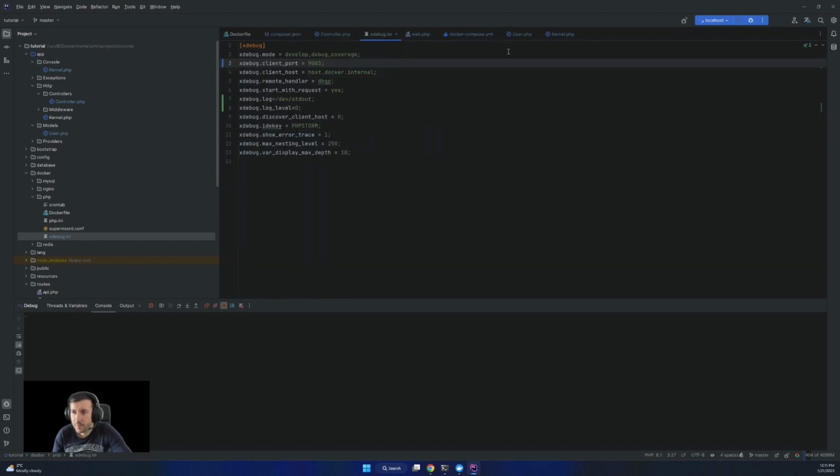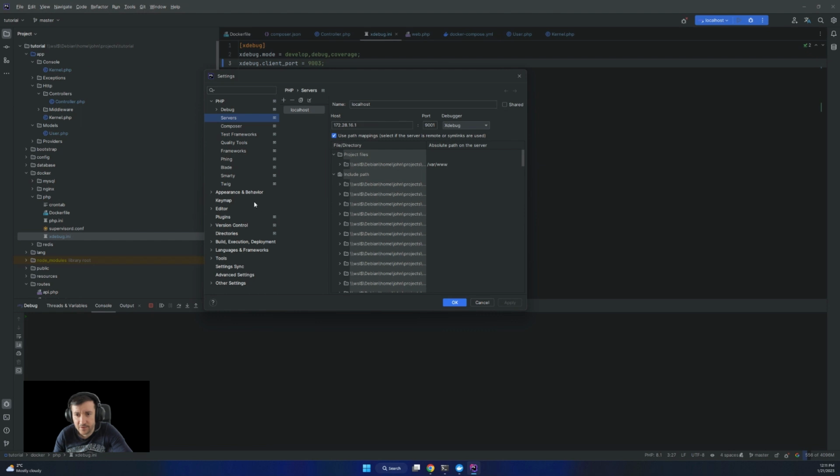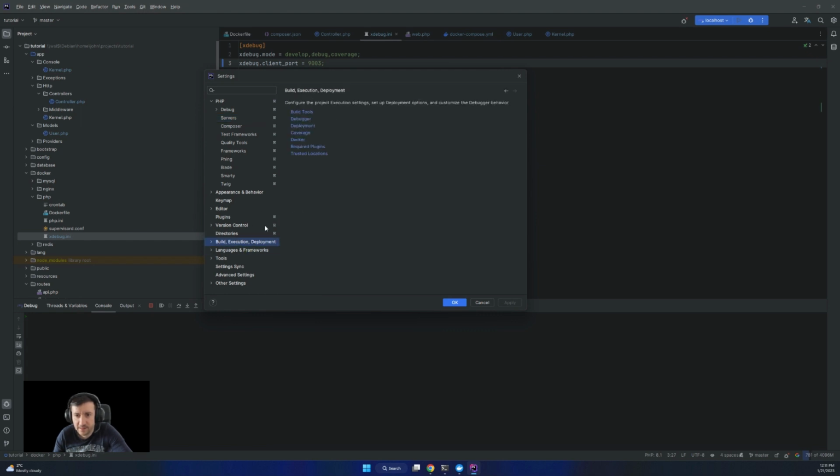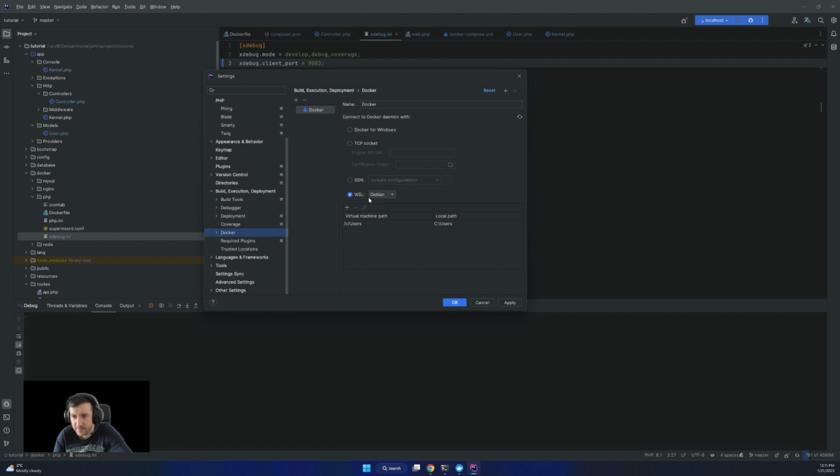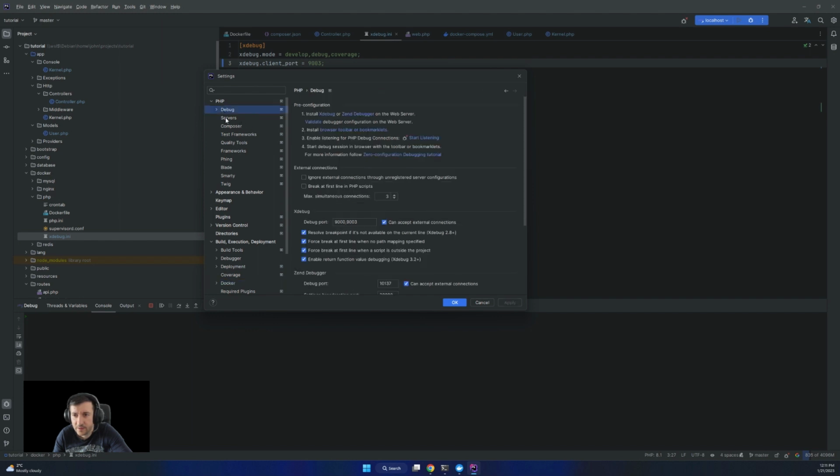And then on the configurations, if I'm editing configuration, let me stop everything. There are a couple of settings. On build, execution and development, I connected to Docker. So I said WSL and everything, and connection successful. And then on PHP, on debug,